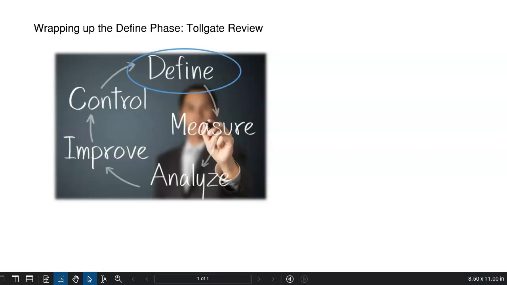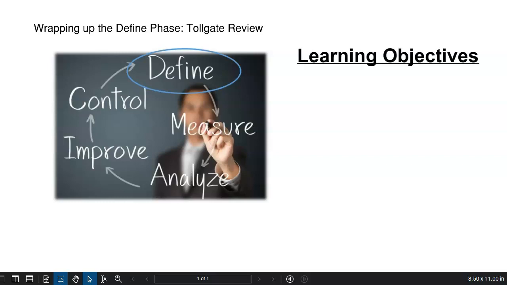In this video, we'll be taking a look at Tollgate reviews. It's a frequent meeting activity that happens at the end of each phase of a DMAIC project. We'll be looking at the Tollgate review at the end of the define phase, and the specific learning objectives will